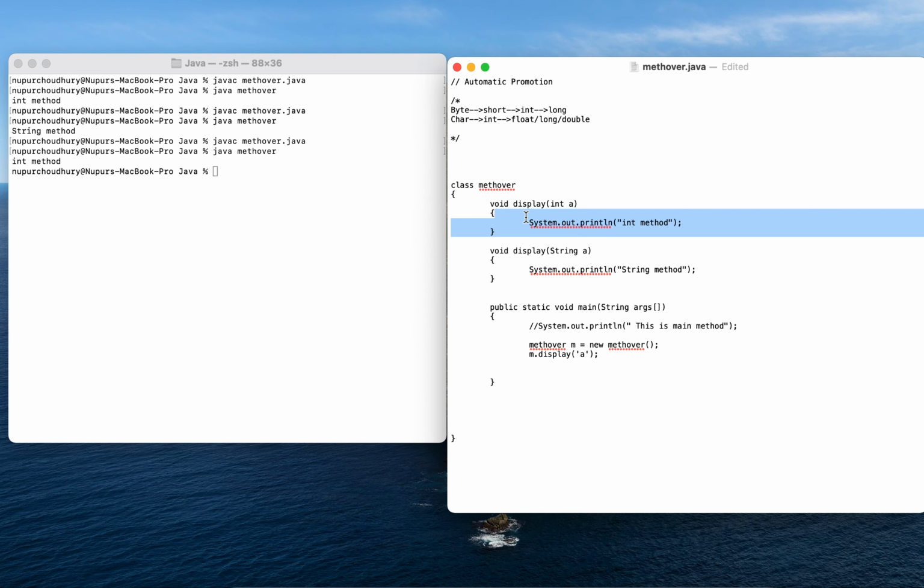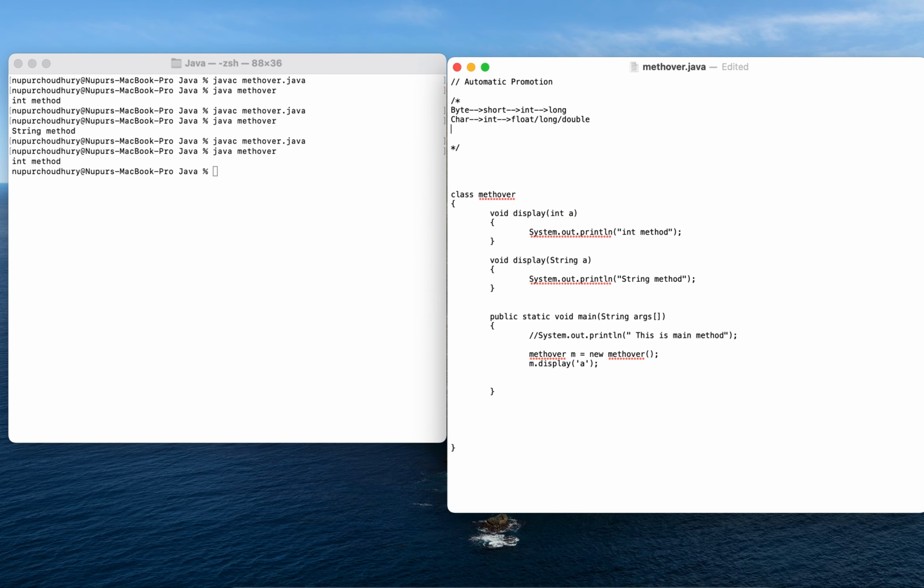Now again, long can be converted into float, or double. This you have to remember, that this is the rule of the compiler, and this is how the hierarchy follows.